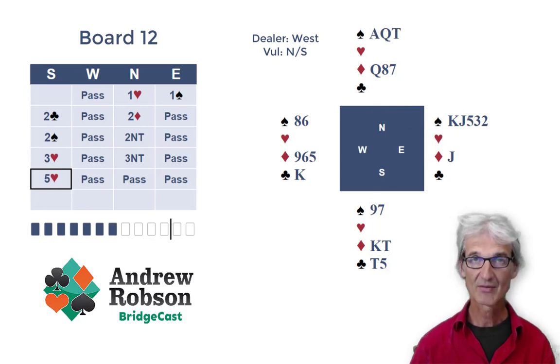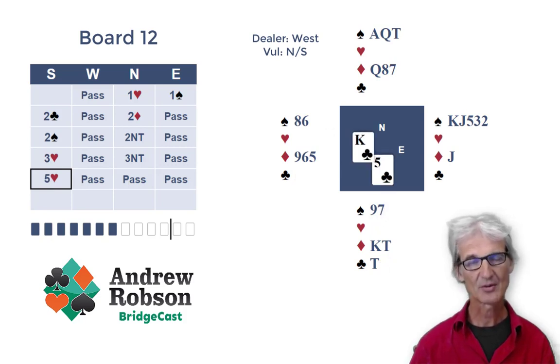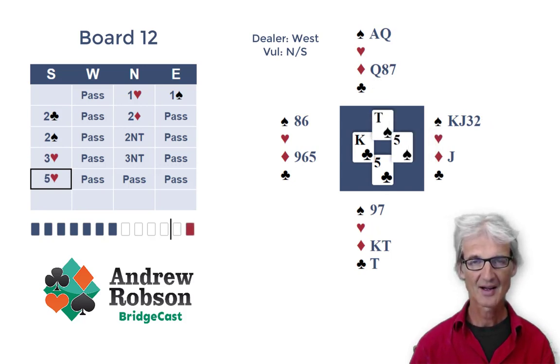And now we've reached a crucial moment, a very crucial moment. And I must say, the natural play to me appears to be a club, giving up a trick to the king of clubs, establishing a long club in the dummy, and as long as diamonds are all cashing, we'll be home. So let's see what happens. We give up a club, it's West who has the king, we throw a spade from our hand,